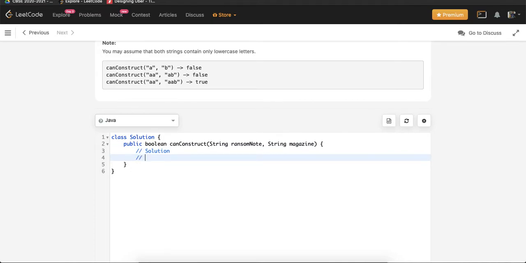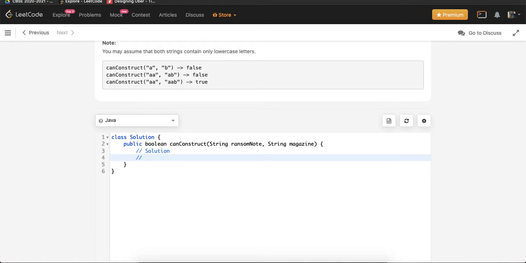One thing that comes to my mind is that I can use two hash maps which will track the frequency of each letter in these strings.